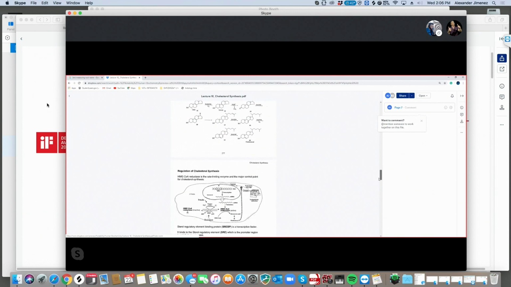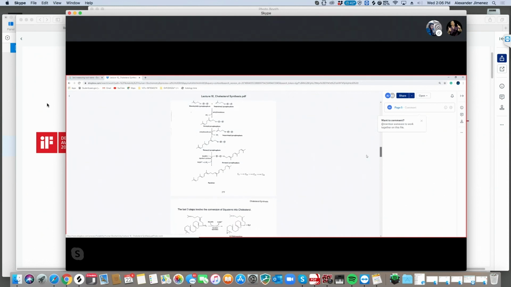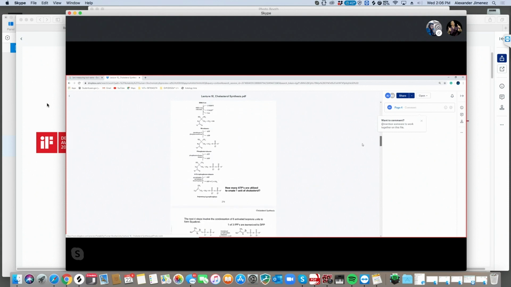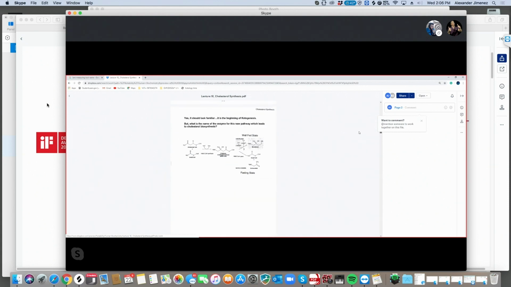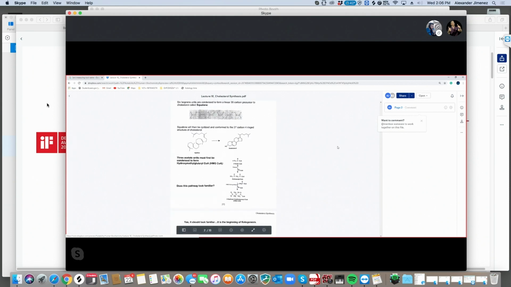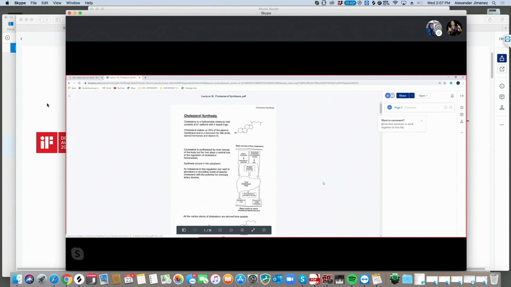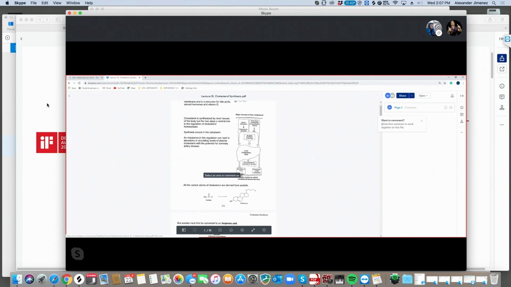So here we're just going through the synthesis of cholesterol and what it takes to actually produce cholesterol. It's a very complex pathway, but we can also see that it takes your body a lot of stress to really produce high cholesterol levels as well as cortisol levels. So coming into the main breakdown of what goes down: if you have a very increased dietary cholesterol intake, not only are you putting more stress on the liver, but you're also increasing more